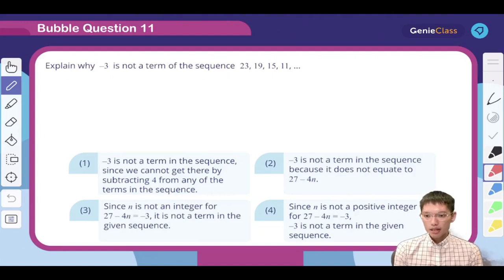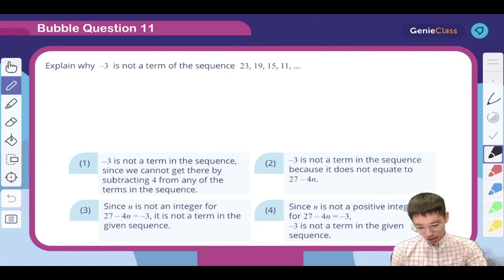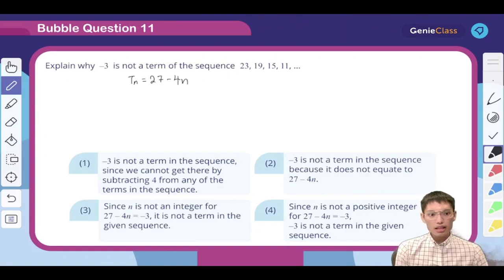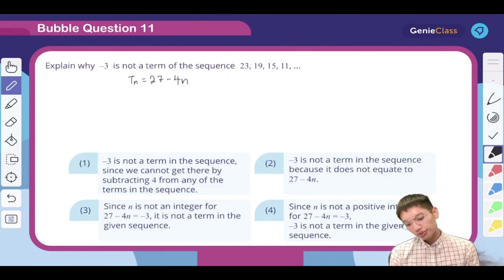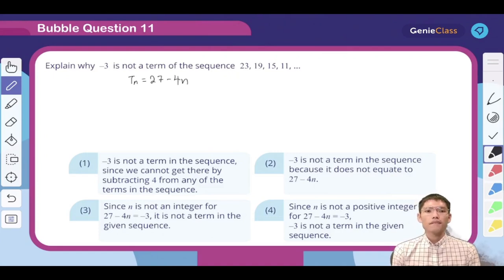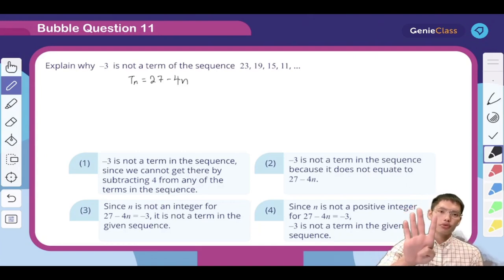Okay, very nice, but take note. Oh, I forgot, sorry. I should write this down for you. Sorry for that. So 27 minus 4n. Okay, at the last 30 seconds. This is important because when we solve, we will need this statement. What is the proper explanation? Very important. What is that proper explanation that we get? It must be mathematically correct based on how it's written down. Last 5, 3,